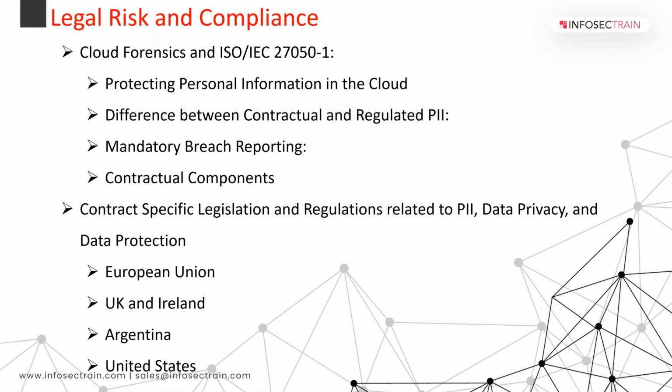Okay, then there are specific laws, say in Ireland, there are specific laws in Australia, there are specific laws in Argentina. But as I have highlighted, the United States does not have a national level data privacy act. There are certain individual privacy acts in the US, they are on a state level. But the US does not have any data privacy act on a national level.